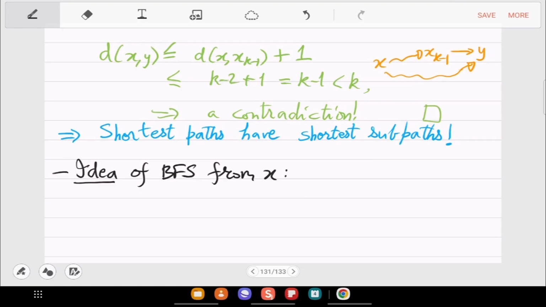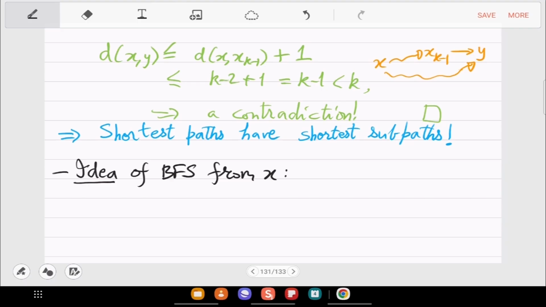So the idea for breadth first search starting from x is to traverse the graph to find these friends of friends of friends and so on, and also their distances from x. Precisely, you want to find that. So the idea is you create a ripple centered at x, and initially you initialize all the distances to be infinity. And as you reach some place, you update the distance.